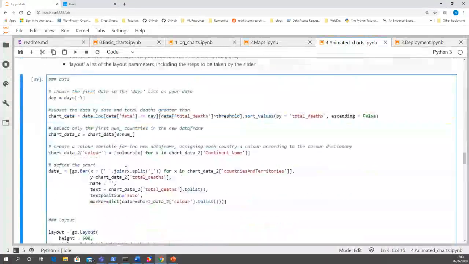So this gets a little bit more involved. Again, the elements are effectively the same as before, but this time you need to create a list of frames which the animation is going to run through. But what you do is you start off with one of the snapshots, and that's